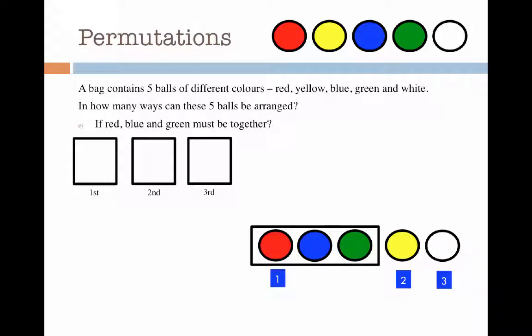Now, for the first selection, I have 3 possible things that I can choose from. For the second, I have 2. Finally, I have 1. So the total number of arrangements will be 3 factorial. But remember, I have red, blue, and green in individual selections. I need to make sure that I account for every different possible combination of red, blue, and green as well. There are 3 factorial ways of choosing red, blue, and green, so I have to multiply my total number of arrangements by 3 factorial. This means that for the number of selections where red, blue, and green must be together,